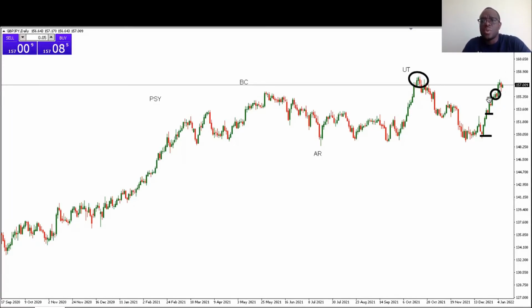And obviously we can expect that the price may retrace maybe as far as this order block or to this one or this one. So whichever order block it retraces from, we'll still be expecting the price to move to the upside, maybe come break this, then push back to test it before moving to the upside,